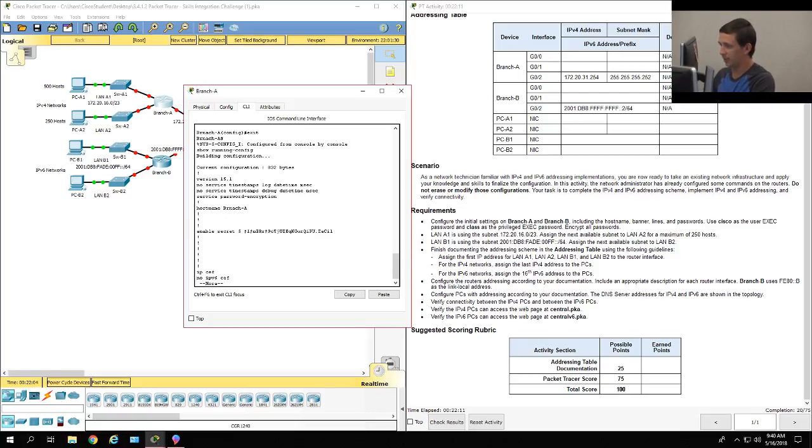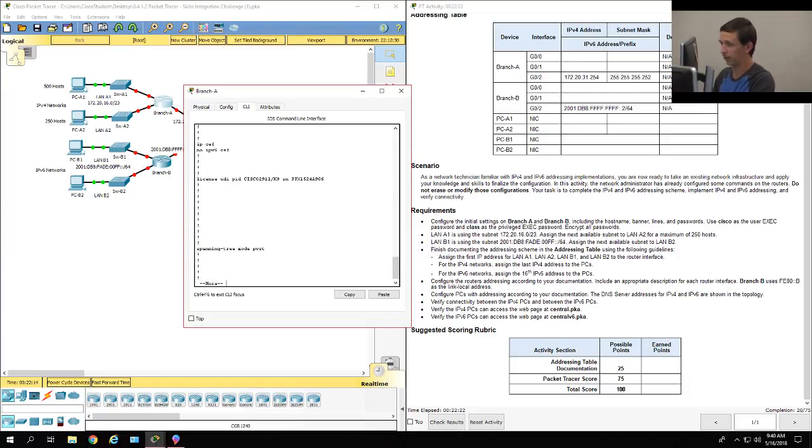And as you can see, this is where the password for enable secret would have been. It's not in clear text because of the service password encryption, so it is using some sort of hash. I haven't really configured anything else. You can see the banner right here and the host name. So I'm going to move on to